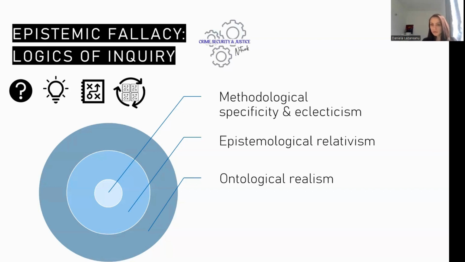Now, a logic of inquiry is a system of reasoning which underpins knowledge generation through scientific methods. You may already be familiar with induction and deduction, which entail making inferences from empirical observations to more general regularities. This is induction. And conversely, from general law-like regularities to specific cases.